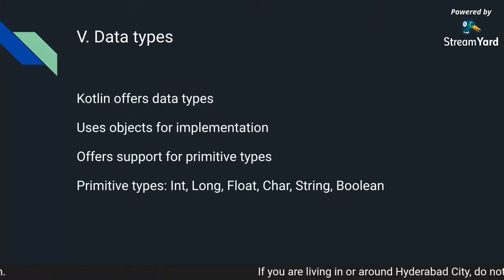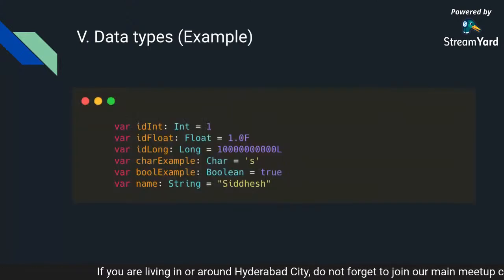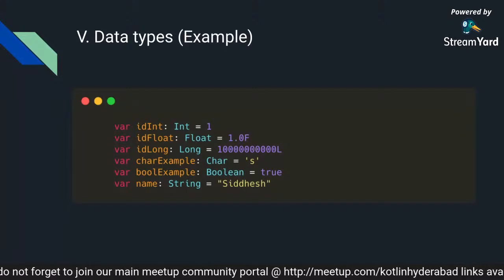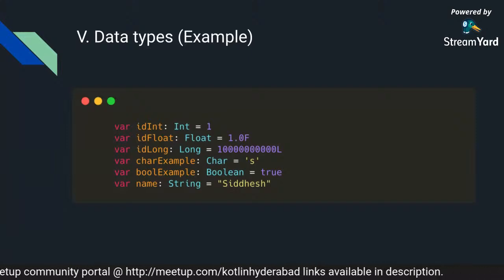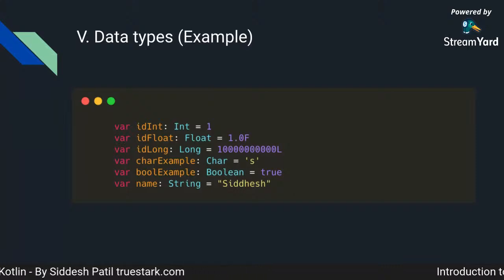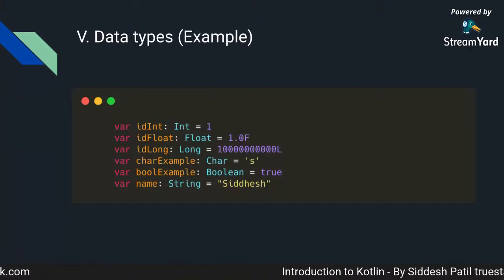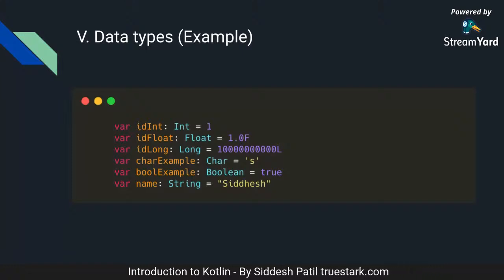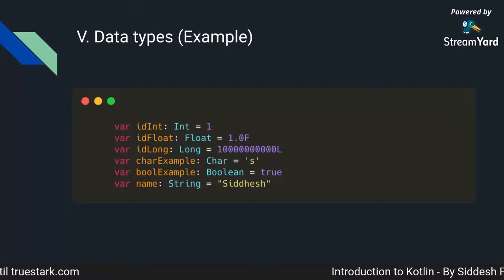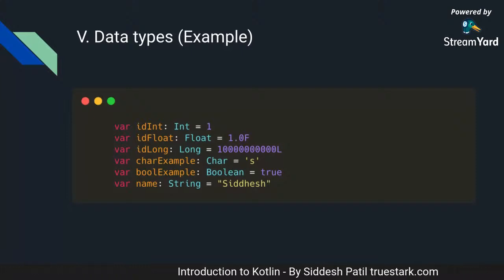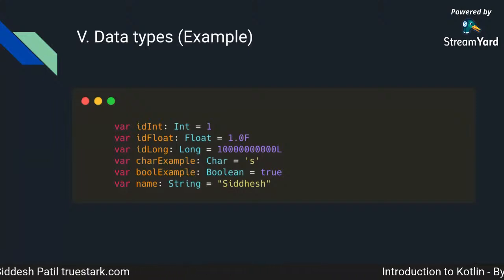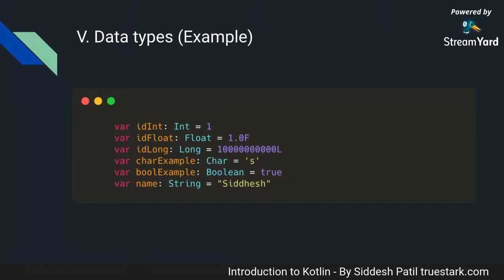They get directly to the bytecode, and here we'll see an example of a data type. So I have id which is int and its value is 1, and then a float, and I have declared a float using just another notation. I've just put an f in front of it. That's how we declare float. And notice how these are explicitly typecasted to demonstrate. If I would have just removed the int, float, and long typecasting, it still will work because Kotlin can figure that out. But for demonstration, what are the data types Kotlin offers? Here are some. So string, we have boolean, we have char, long, float, and int. These are some data types.